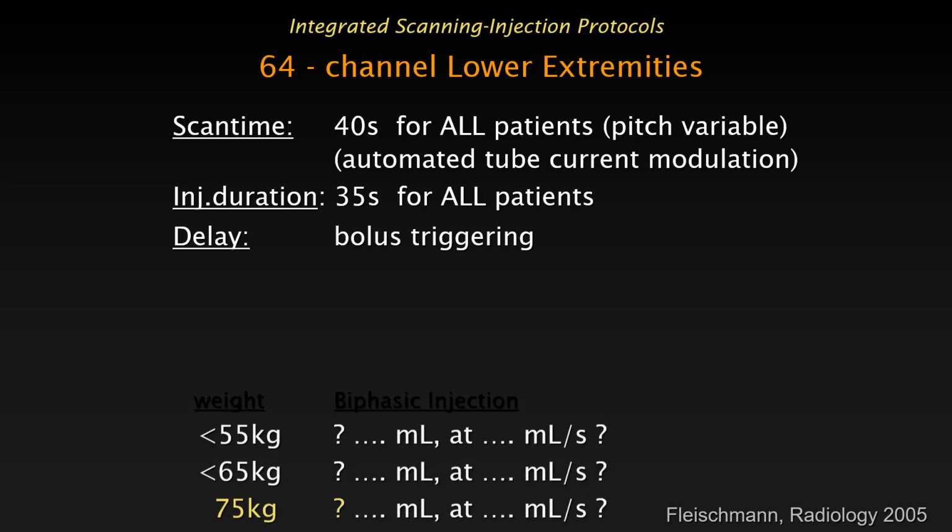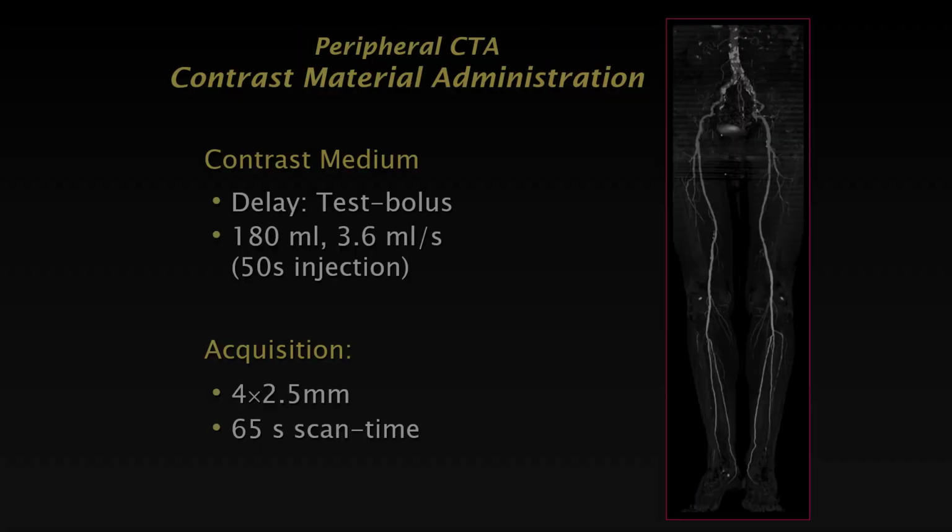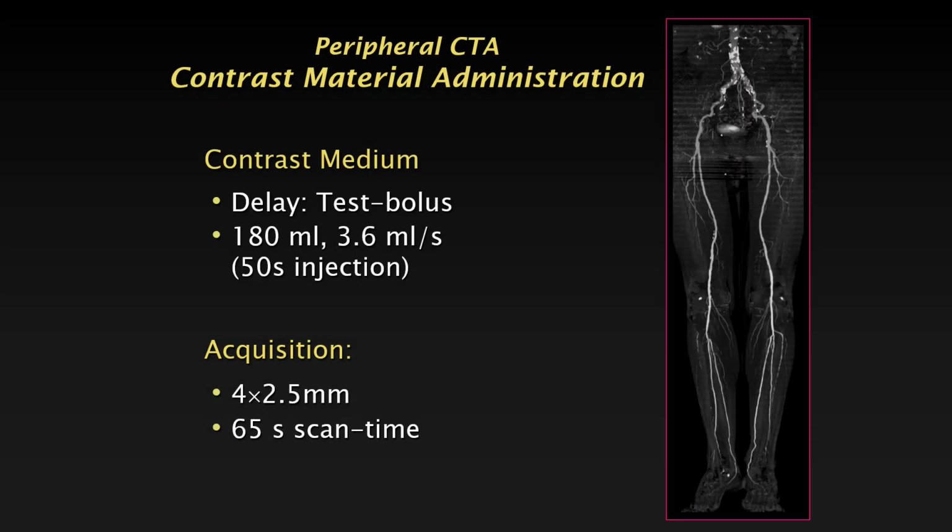Now, here is the injection protocol. So if we inject at, let's say, 75, if you have a single phase injection protocol, one of the disadvantages that's going to happen if we just have an injection of, let's say, 4 cc's per second for 35 seconds is that also what we learned for a long time is that if you have a long